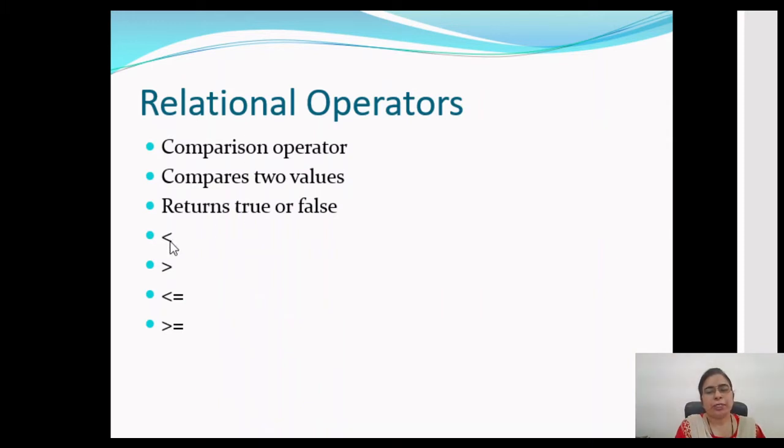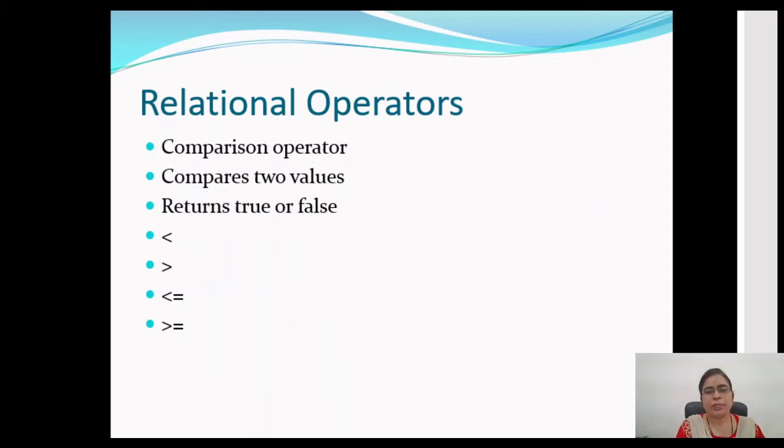Suppose we are giving input here as 5 and 2, and we are checking whether 5 is less than 2 or not. This will return a false value. If we are giving the values 5 and 5, and then we are checking whether 5 is less than 5 or not, then again we will get a false value. But in case of the less than or equal to operator, at that particular time we will get a true value because 5 is equal to 5.